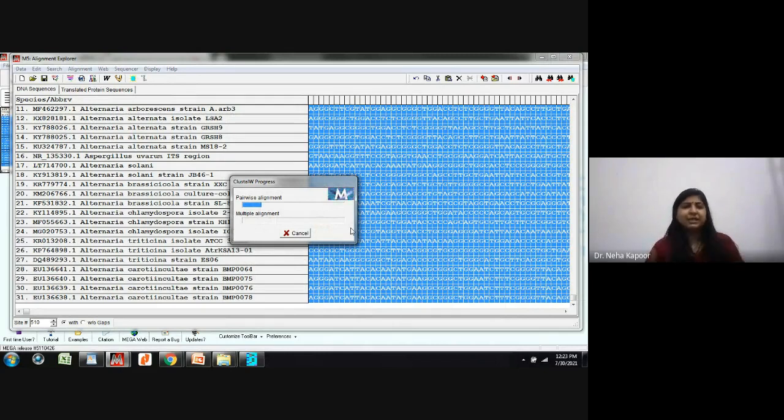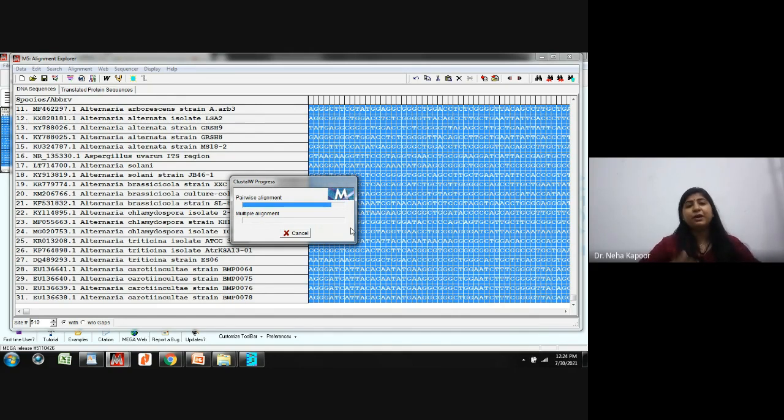So after this alignment is completed, you need to save the sessions in two different files. One is the alignment session, whatever alignment we will be getting. Another is, if you want to perform the phylogenetic analysis, then you need to save this file into the MEGA format, because we are using the software MEGA.